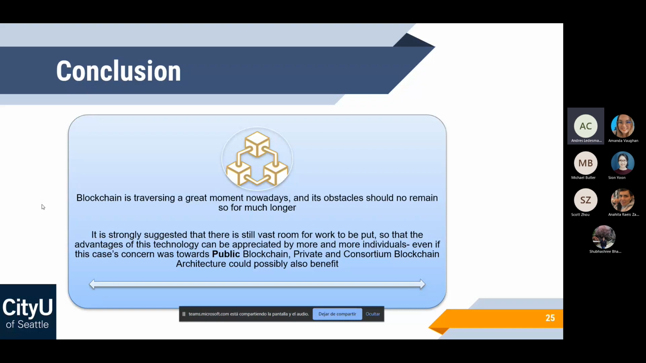In conclusion, the blockchain is indeed transversal and a great moment nowadays. But like I said earlier, it's suggested that there is still vast room for improvement. When we're talking about public blockchain, this is a pretty obvious issue. So my main focus was, as you could see in the visualization, whether there's a way to increase this kind of trust on the blocks